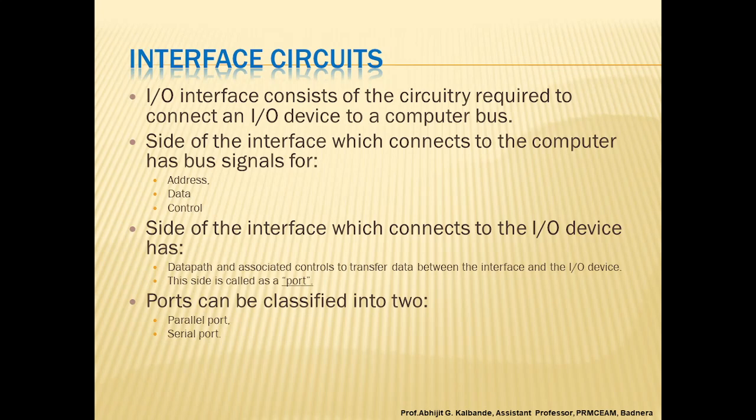Normally, the input-output interface performs certain operations. It provides storage, a buffer, for one word of data. It also contains status flags that can be accessed by the processor to determine whether the buffer is full or empty. It contains address decoding circuitry to determine when it is being addressed by the processor, and it generates the appropriate timing signals required by the bus control scheme. Also, it performs any format conversion that may be necessary to transfer data between the bus and I/O devices.